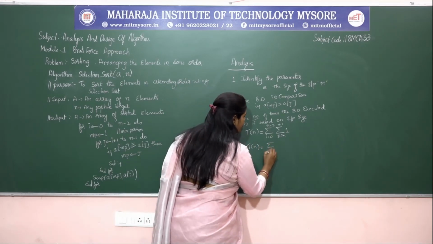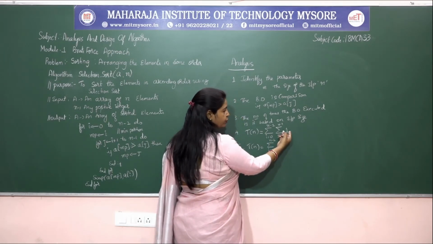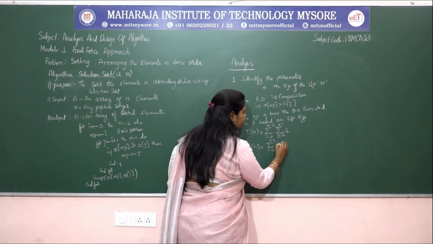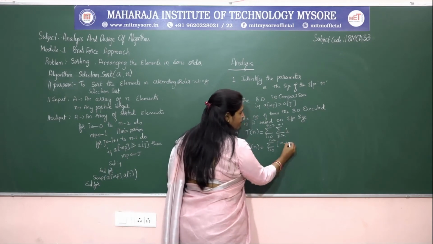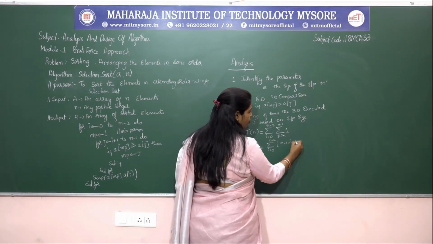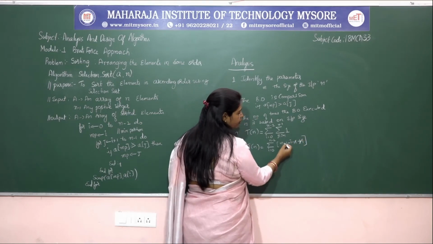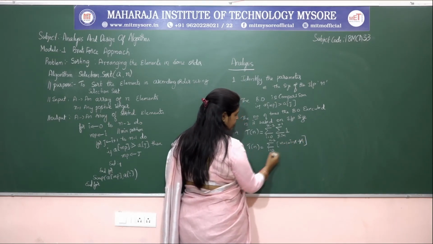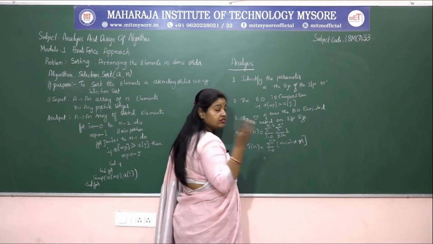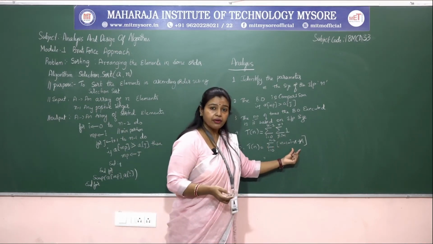Okay, so summation i is equal to 0 to n minus 2. So here you have 1, right? If you have a constant term, then we need to apply what? Upper bound minus lower bound plus 1. That is, upper bound n minus 1, minus i plus 1. So minus into minus is plus, so plus 1 minus 1 get cancelled. You remain with n minus 1 minus i. Now you have how many terms? n, 1 and i. That is 3 different terms you have. Now you need to apply the summation for each and every term here.